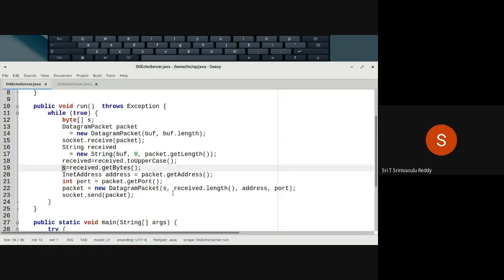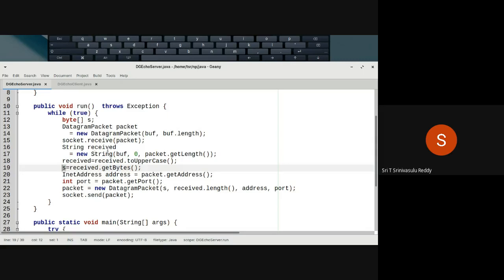New DatagramPacket of, what is the array from which you have to send? Yes here. Yes is the one that contains the array of bytes related to the uppercase string. But how much of the data should you send? As many characters as are present in yes.